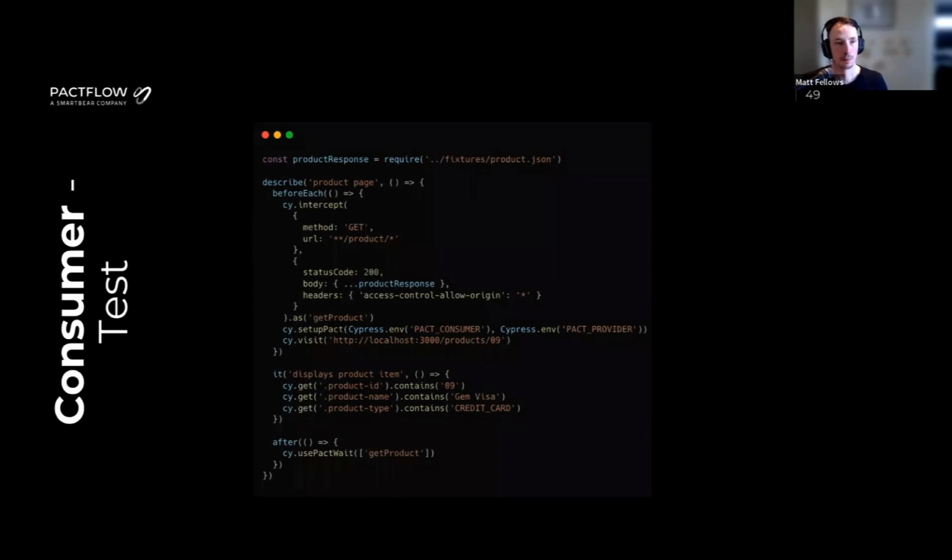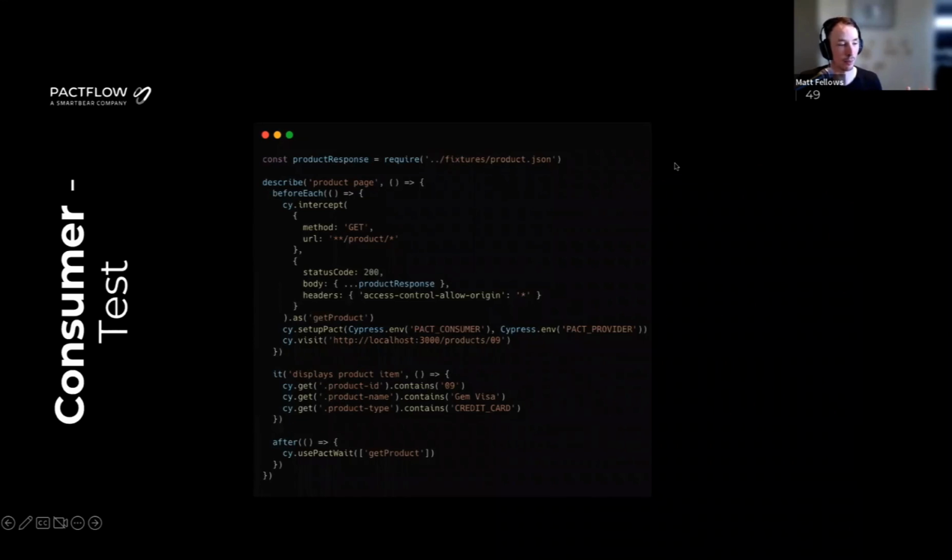So now it's time to look at the consumer side of this workflow. As we talked about before, we're going to build out our consumer application. Again, I'm not going to show you how you build this, but let's assume we've now built our React website, and that React website makes calls to that back end. And we're going to write some Cypress tests to test this application. So over here, we've built our little Cypress test.